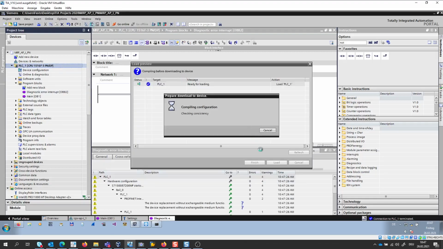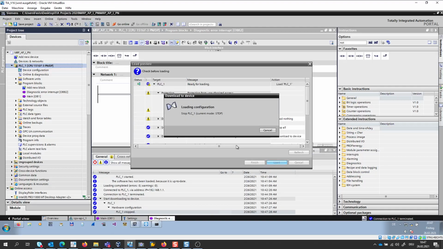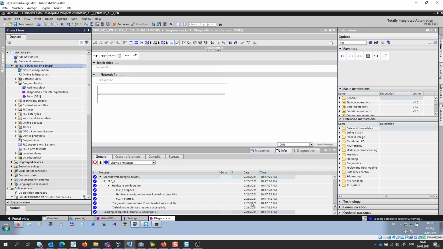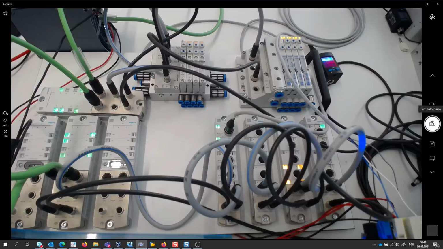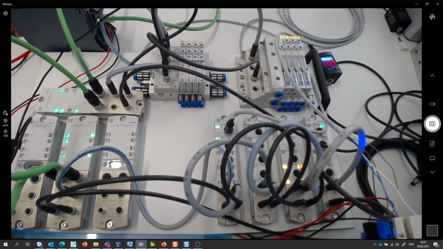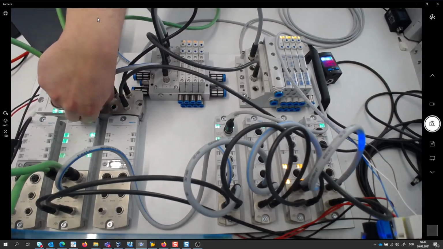If we scroll down and download everything, we have established the media redundancy ring inside the PLC. And if I'm now connecting my cable, then you see now both cables are connected directly. The ring is closed. And if I'm now disconnecting one cable here just from the node,